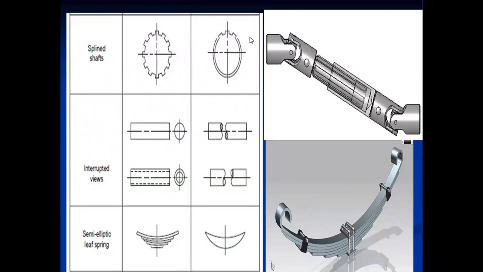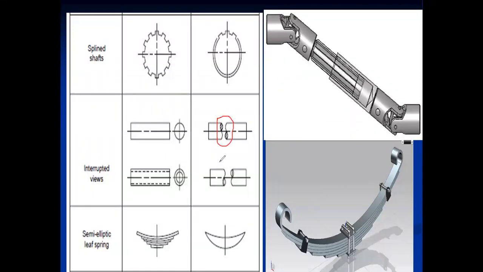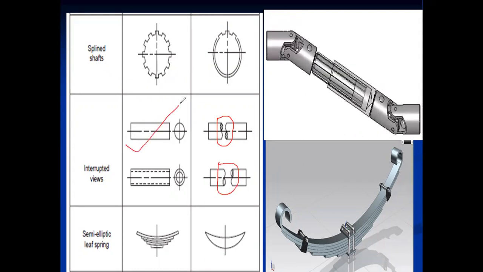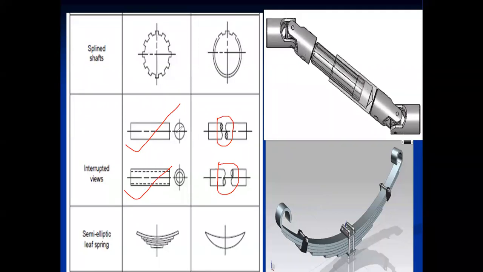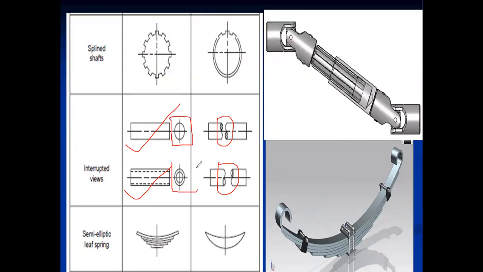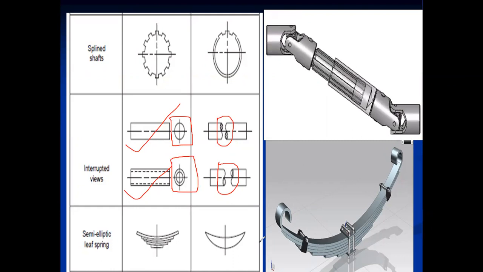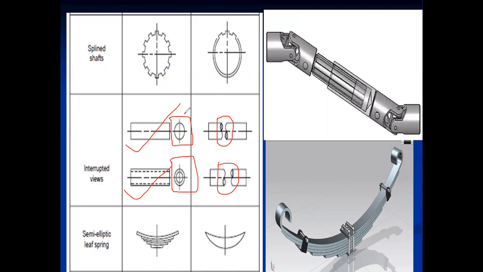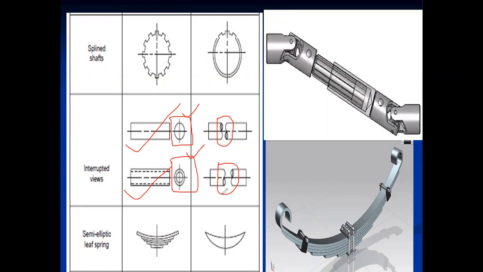Further, interrupted views, that structure is shown. If we want to show interrupted view, this structure is called interrupted view. What is the difference between these two figures? For which case is it the first figure and for which case the second figure? Here you will see carefully. In this figure there is only one circle and here there are two circles. There is one shaft, and an interrupted view is shown. What is the difference between this one and this one? First one is solid, another one is hollow.